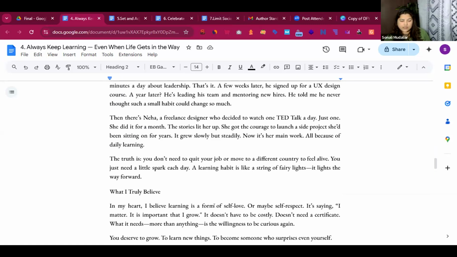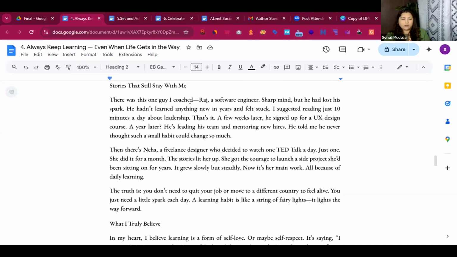So in this case, I would not connect this story as well, because 2 stories are coming together, Raj and Neha. That's what is happening.